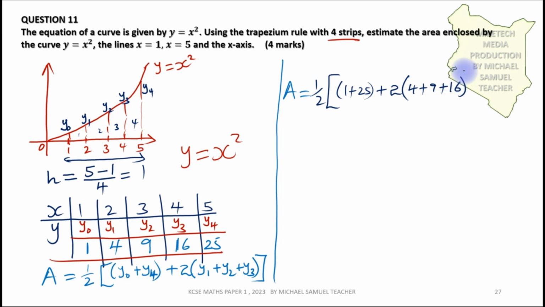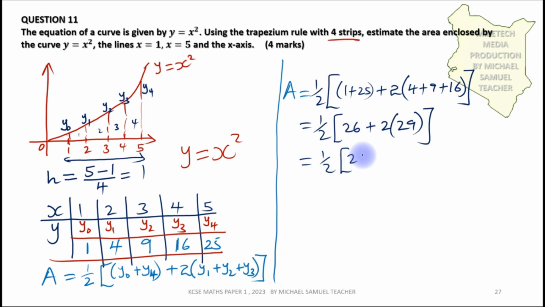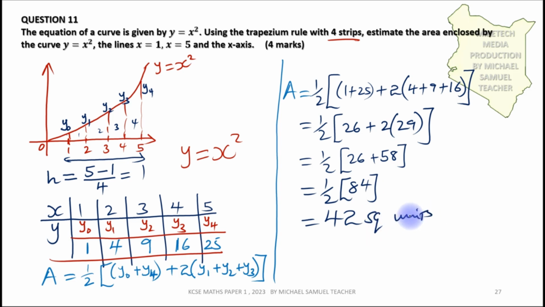y3 is 16. Therefore, this will be a half times 1 plus 25, that is 26, then plus 2 times the bracket 4 plus 9 plus 16, that is 29. Now this will be 26 plus 2 times 29, 58. So we shall have a half of 26 plus 58, that is 84. Then a half of 84, that will be 42 square units, since we are looking for the area